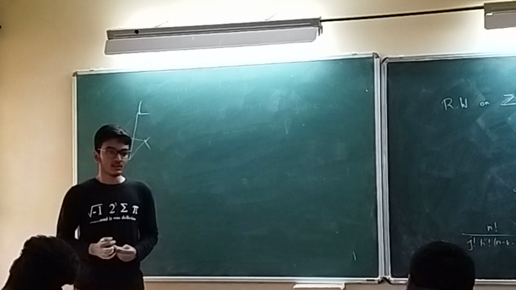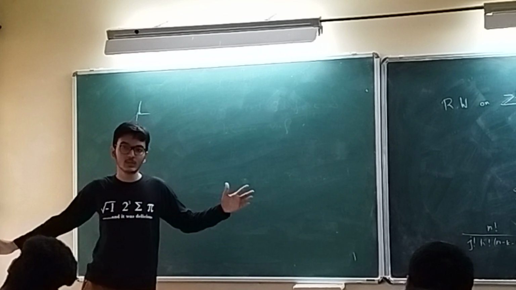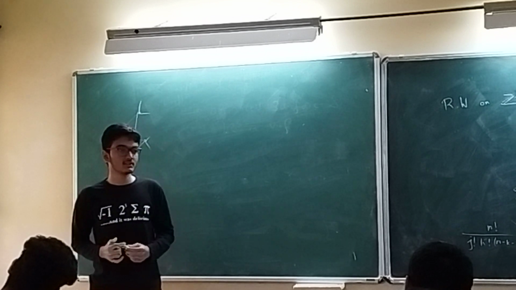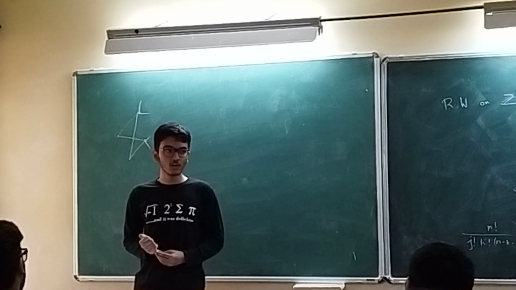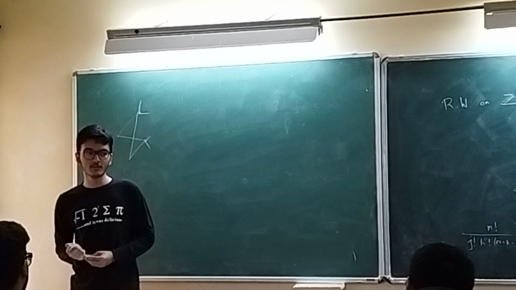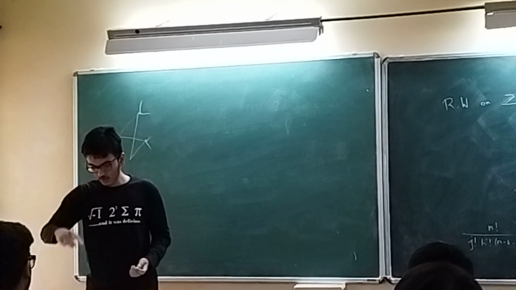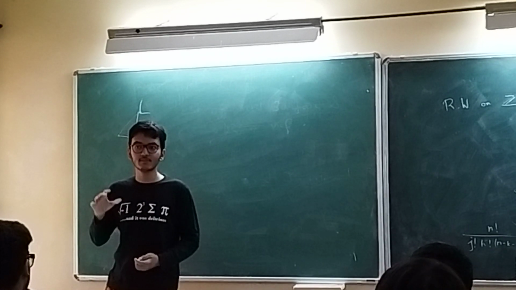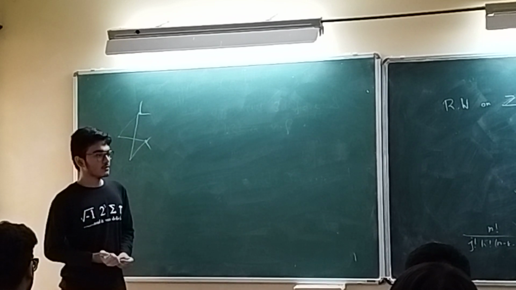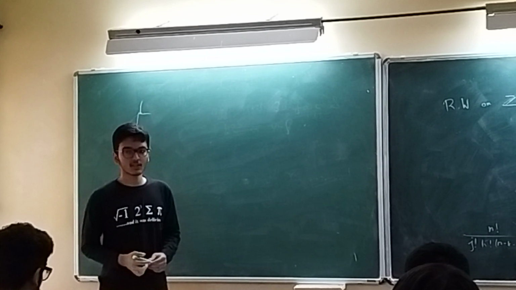But the problem is, if the number of colors is huge, then the number of possible colorings will be huge. And although the number of possible colorings rises polynomially, listing all of them out is too difficult. So if you want to pick a random coloring, you need to list all of them out and choose one of them. And that becomes too difficult a job for a computer to do. Right? So that's why we use some randomized algorithm.